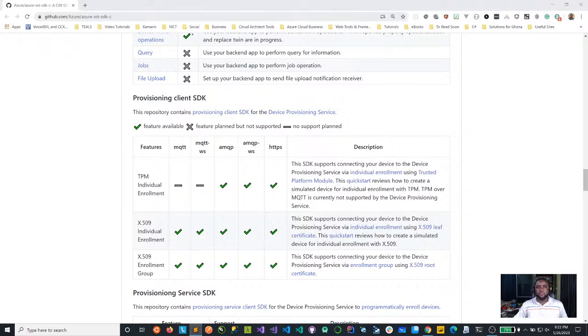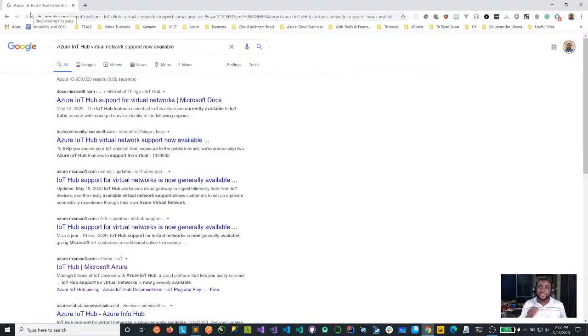Now, you'll be asking, oh, what about this? Well, the reason why this is very important is that when you start to scale and build enterprise solutions, there will be the need for you to contain or keep your resources within a restricted network, or probably in a customized network situation. And this is what Microsoft is doing by introducing the virtual networks capability to Azure IoT Hubs.